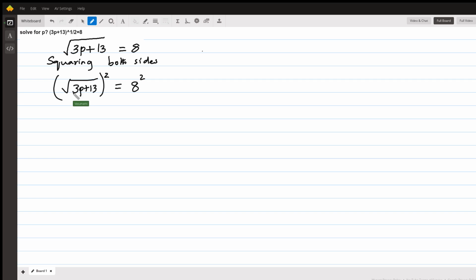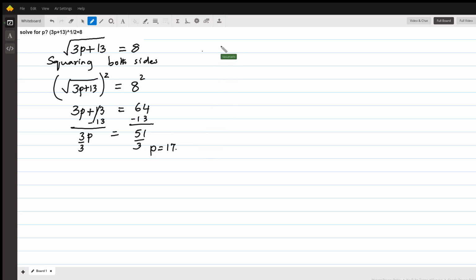So now when you raise a square root to the second power, the square root and the exponent cancel each other. So now we have 3p plus 13 equals 64. So let's subtract 13 on both sides. This gives us 51. And on this side, the 13 plus 13 and the negative 13 cancels. So 3p equals 51. Divide by 3. And this gives you p equals